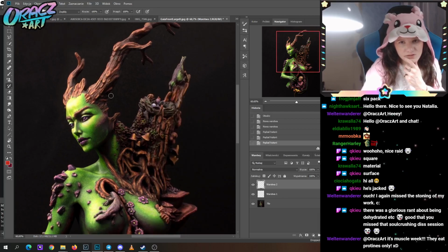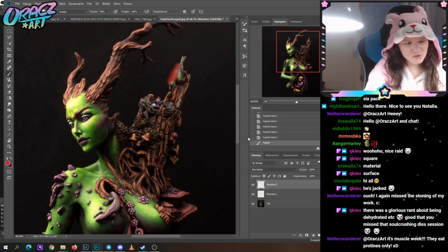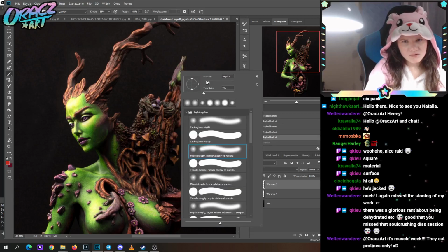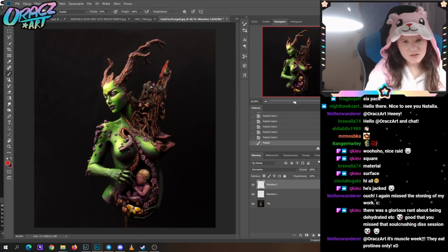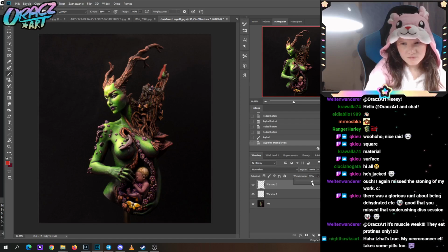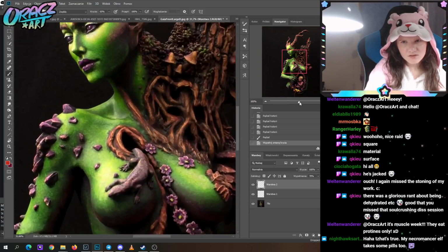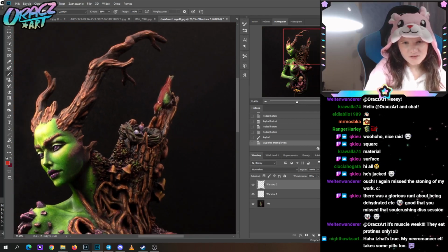I think that it's an interesting choice, but I would actually add a little bit of red on her to make it more interesting. And it won't be a very big change because we have brown all around, but it will be just